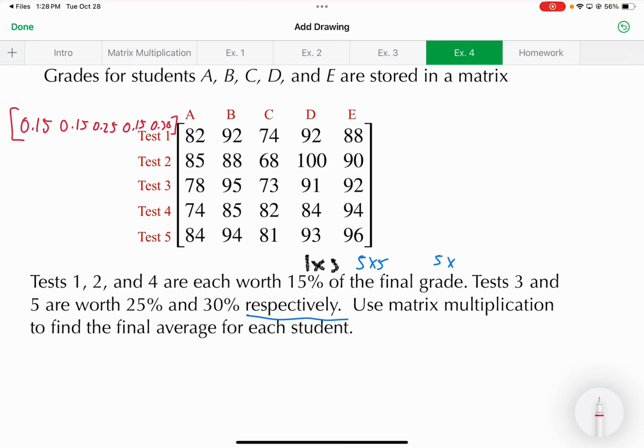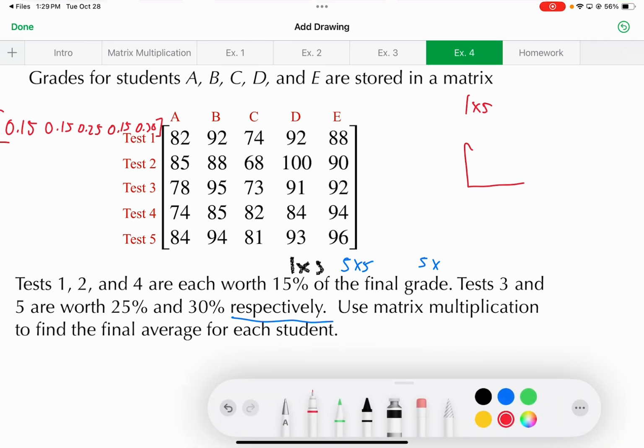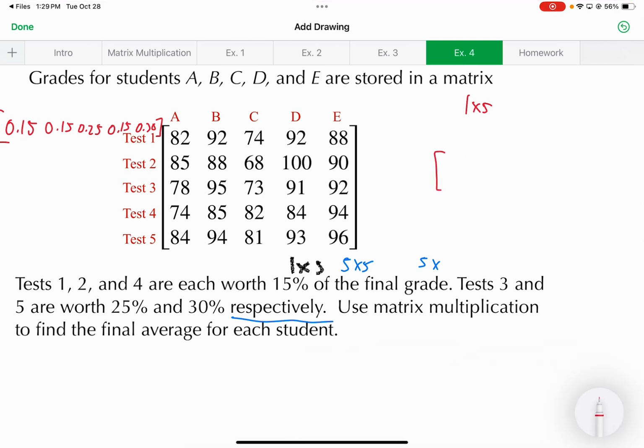All right. So let's figure out the average for each one of our kids. If it's a 1 by 5 that we're multiplying by a 5 by 5, our resulting matrix is going to be a 1 by 5, right? Which is 1 row, 5 columns. And that'll give me the average for student A, B, C, D, and E. All right, so I need to take these values, from left to right, and I need to